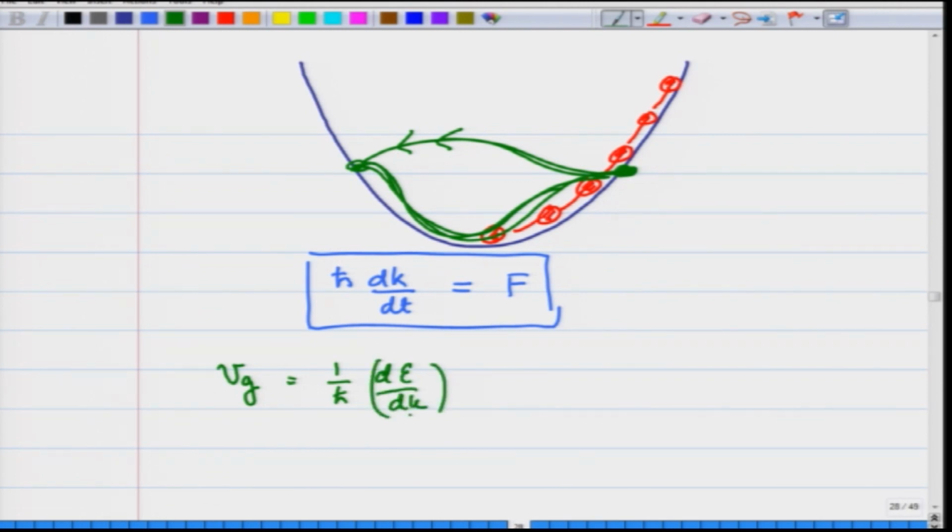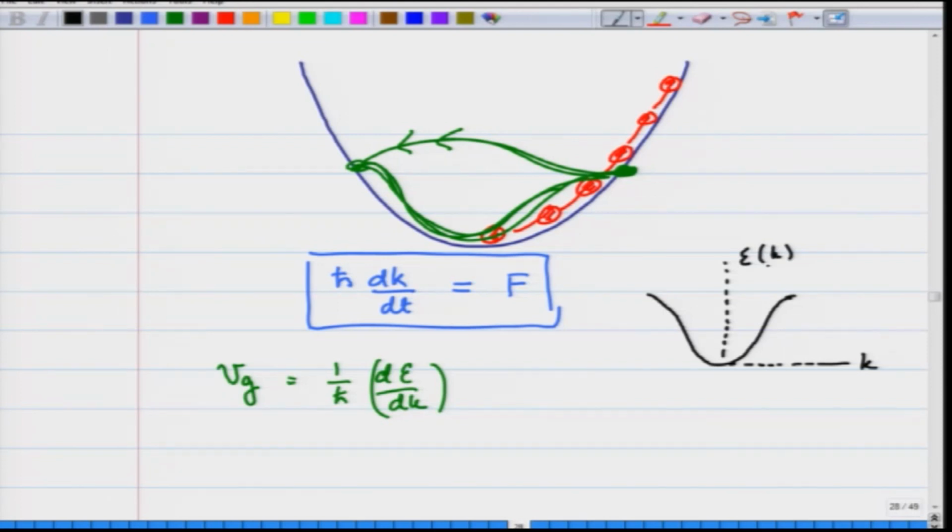So, how would it look? Let us see it on the side. I am going to make here on the right side of the screen a band. So, let me make that band like this. This is E k versus k,